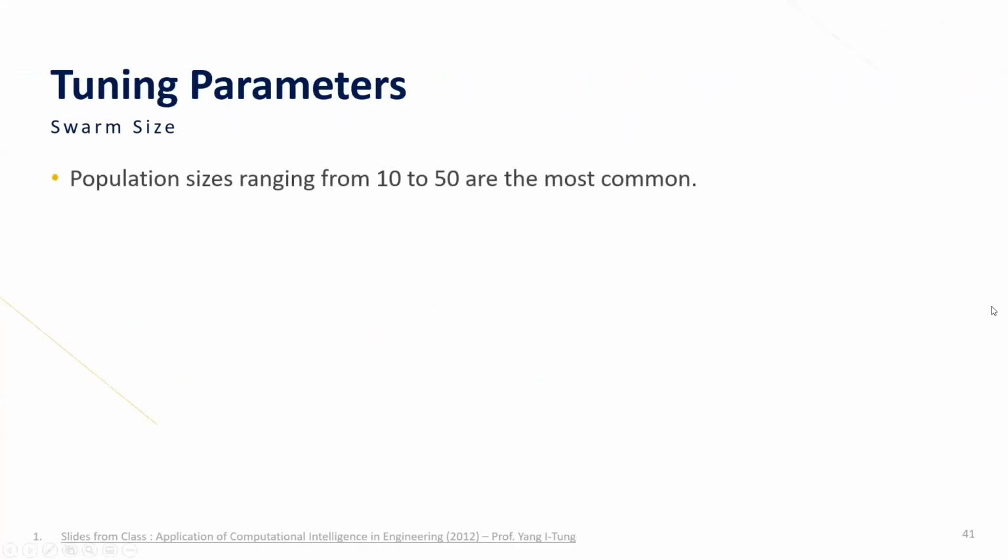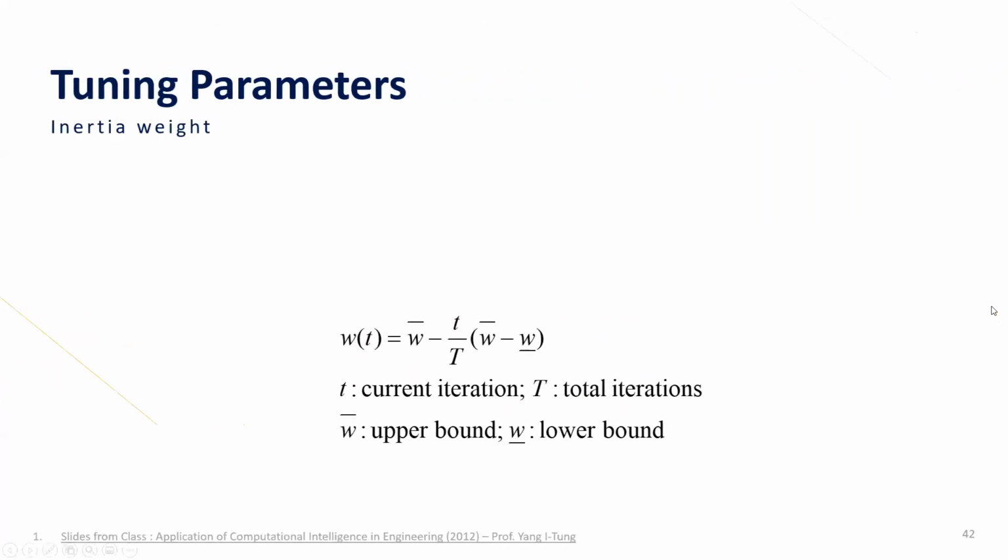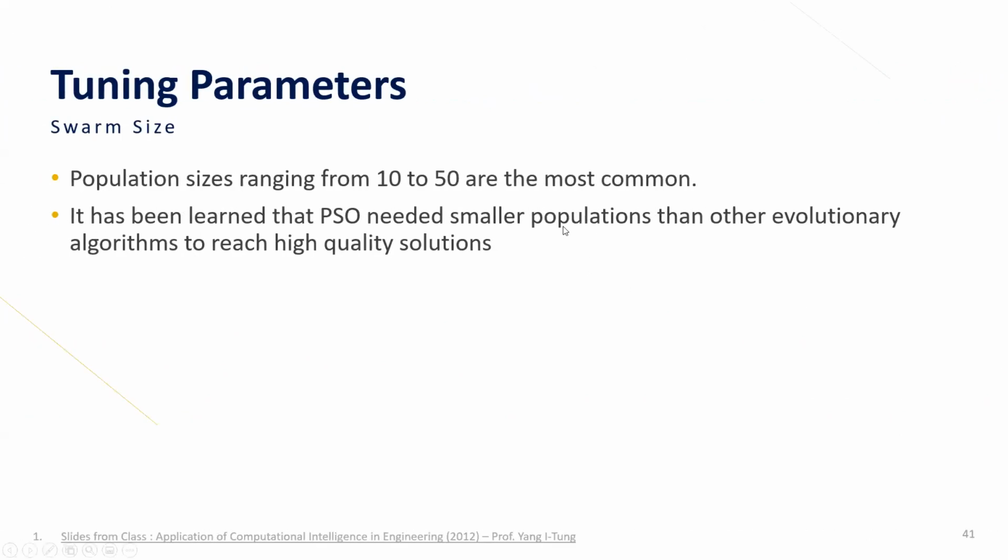Okay, we discuss one by one again. About the swarm size: the swarm size is the number of individuals in the population, or population size. Normally, this is just a common rule, 10 to 50. But again, if your problem is large, and the decision variables are too many, you maybe need more than this. So it really depends.